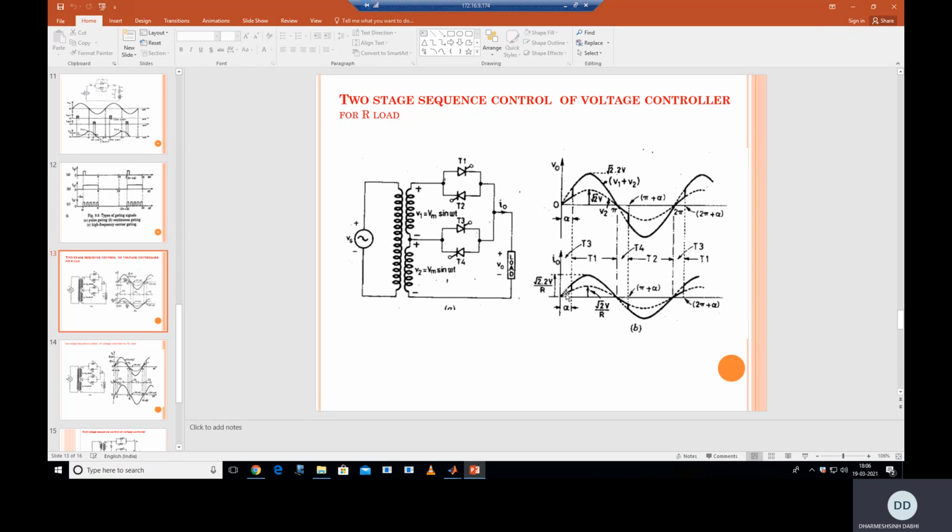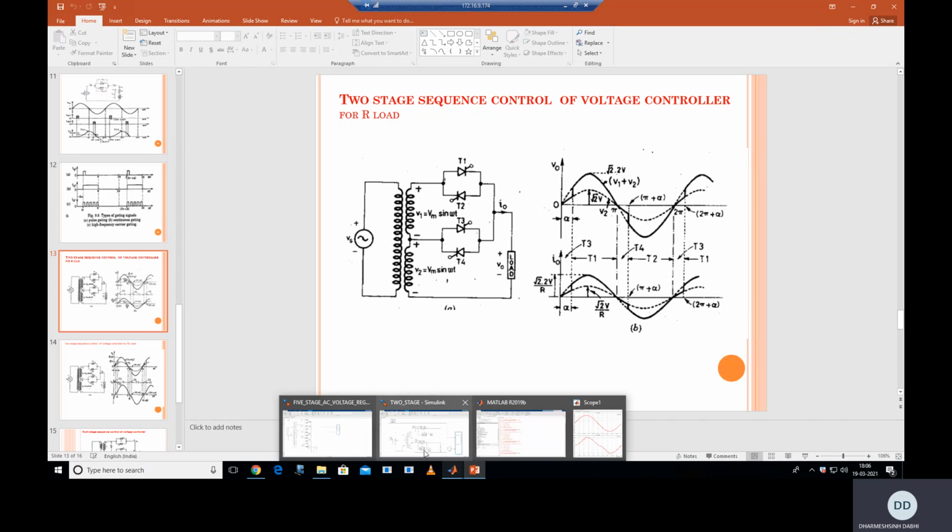So you can see the waveform of load current is also the same wave shape as output voltage, because here we take the resistive load. So voltage and current are in the same phase. The wave shape of load current I0 is the same as the wave shape of V0, just a change in the magnitude that depends upon the value of the resistance. So this theoretical concept we have already discussed, we implemented here in the simulation.